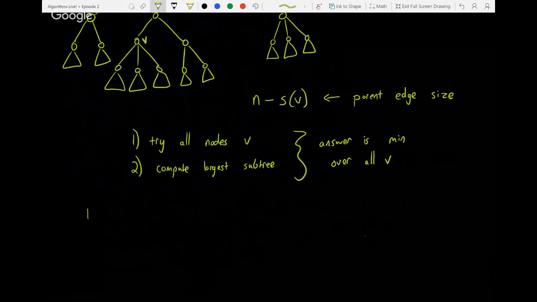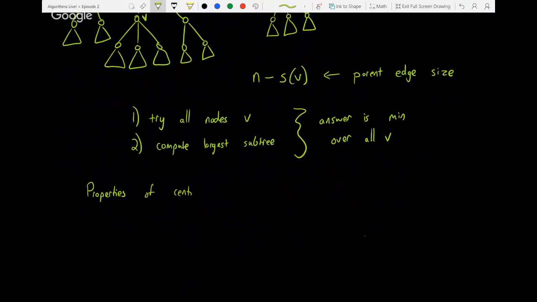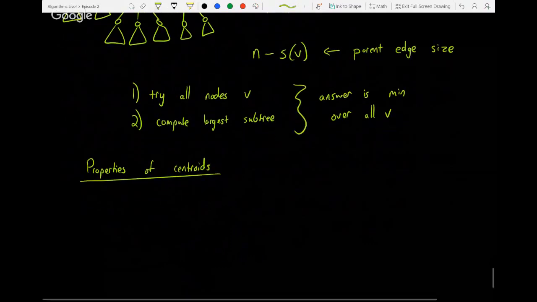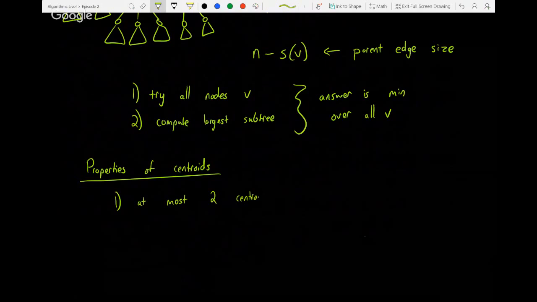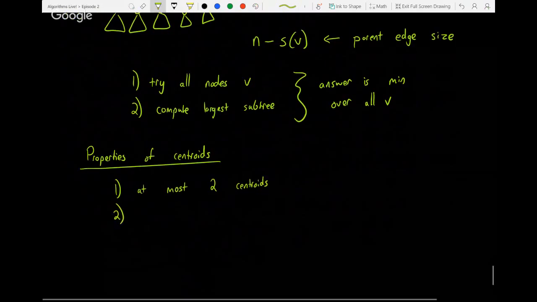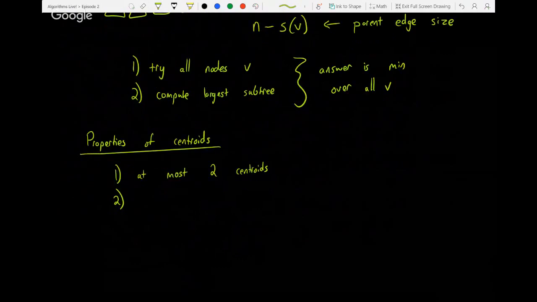But centroids also have a few useful properties. So here are some properties of centroids. The first one's very similar to trees: there's at most 2 centroids. And the second one is if you remove the centroid, you actually have some information on the subtree that remains. So the subtree goes away. If I have an n node tree, my component is going to be at most half the size of my original tree after I remove that,